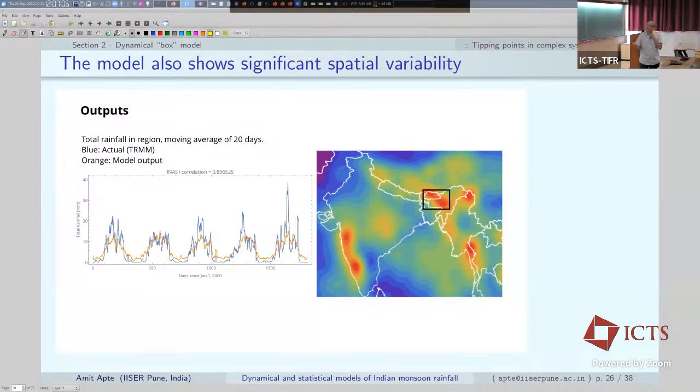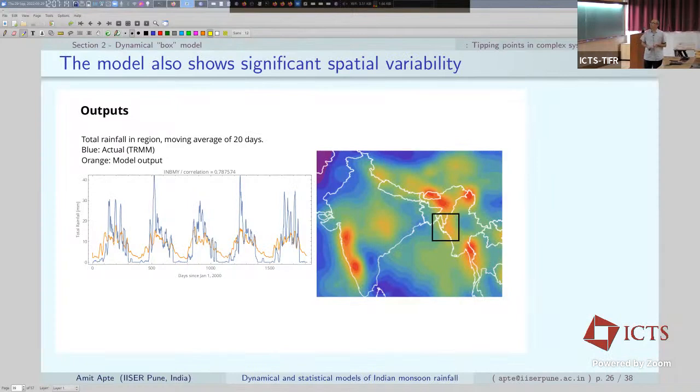And this is from 2002, so this is about 4 or 5 years of run. And it was okay, but then you somehow just shift the box somewhere else and the match becomes slightly less. You can see that in this region, there are very, very high rainfall events that somehow come out, which are not observed.